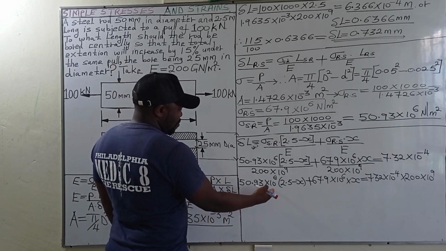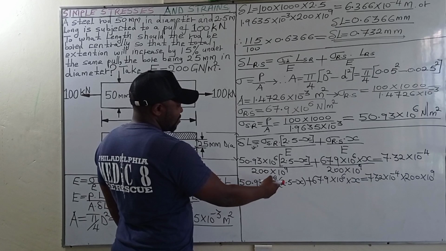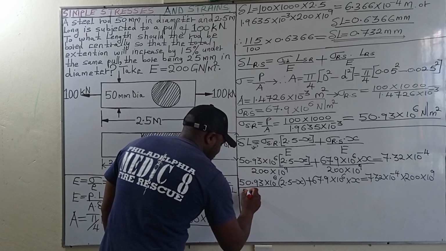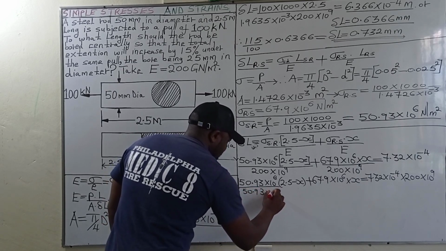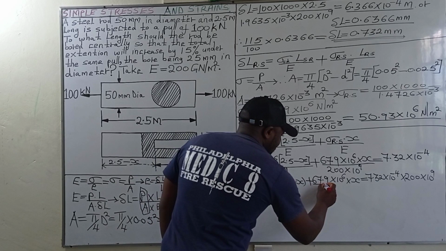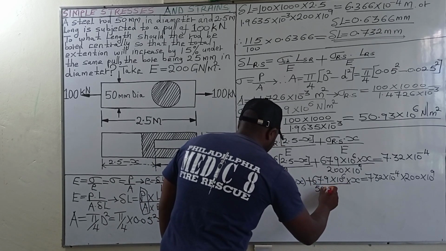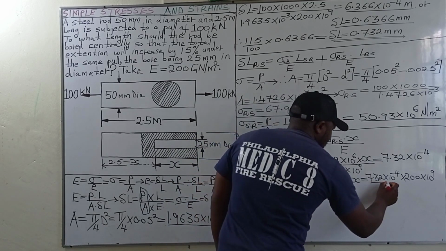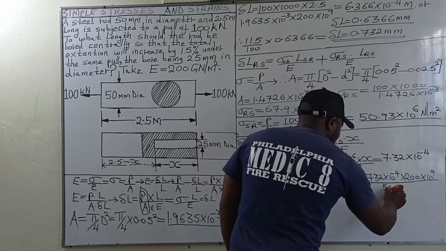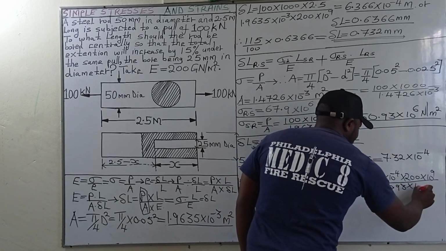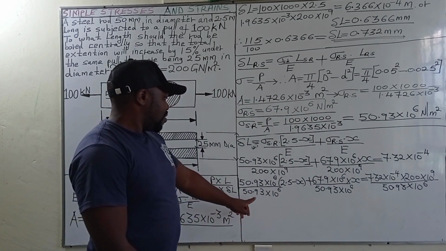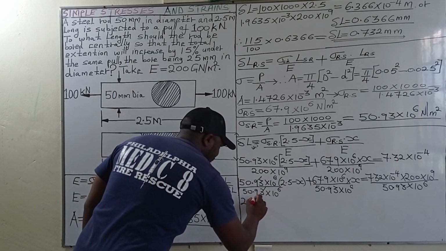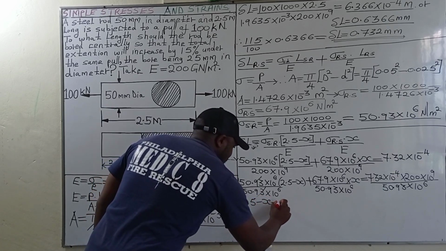Then we are going to divide through by 50.93 times 10 raised to the power of 6. So when we divide, we are going to have this divided by 50.93 times 10 raised to the power of 6. Divide this as well by 50.93 times 10 raised to the power of 6. This one the same case, divide it by 50.93 times 10 raised to the power of 6. When you do so, the 10 to the power of 6 will cancel out, so we are going to remain with 2.5 minus x plus